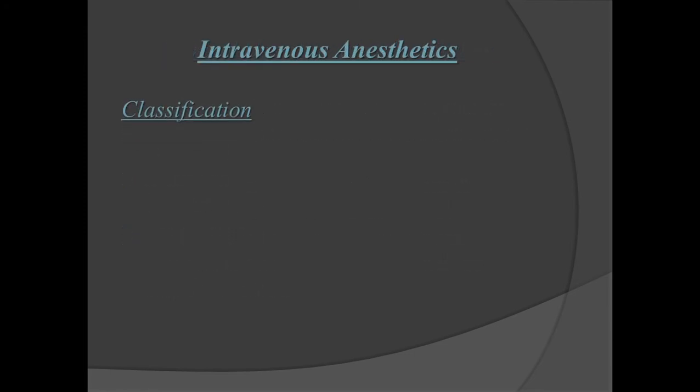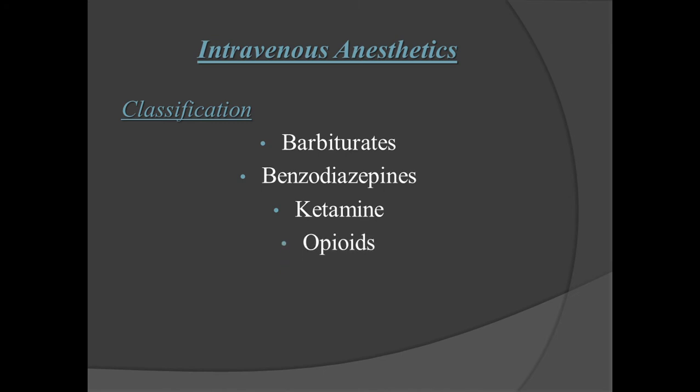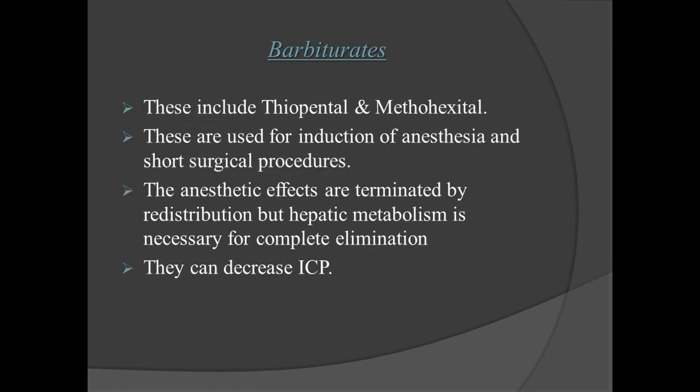Now we will discuss the intravenous anesthetics. Intravenous anesthetics include barbiturates, benzodiazepines, ketamine, opioids, propofol, and etomidate. All of these are central nervous system depressant drugs. First of all, barbiturates. Barbiturates include thiopental and methohexital. These two drugs have high lipid solubility, which promotes their rapid entry into the brain and results in surgical